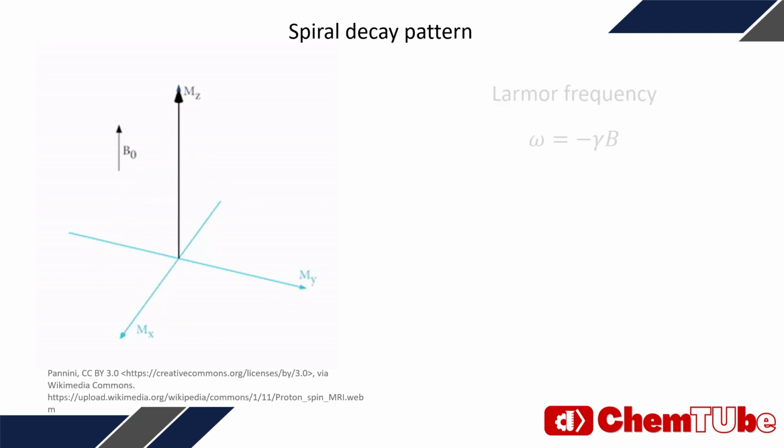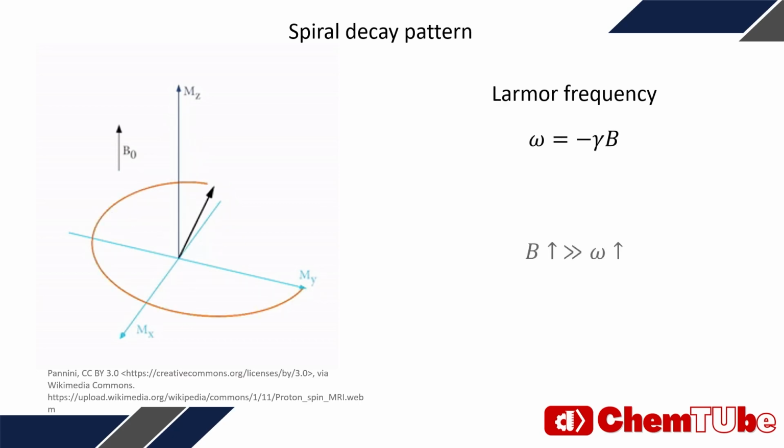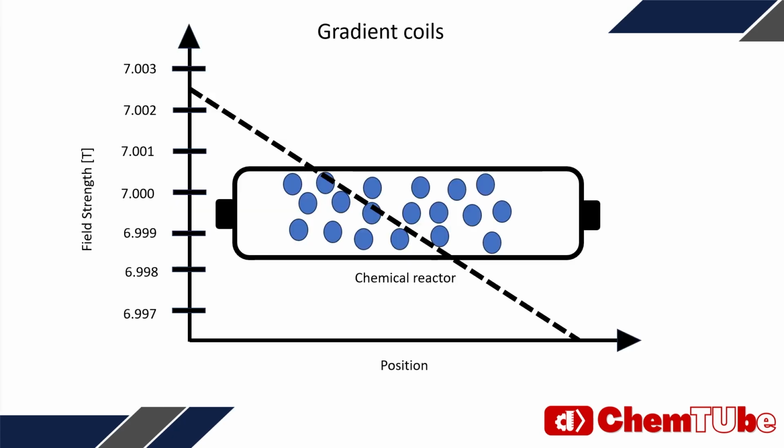The frequency of the rotation can be described using the Larmor frequency. As we see, it is dependent on the gyromagnetic ratio gamma and the field strength. From those two, we can adjust the field strength. A higher field strength leads to a higher frequency and thus also a better signal. By the way, the radio frequency pulse also has to have this frequency to flip those protons 90 degrees. We can use this to image different slices in the MRI machine.